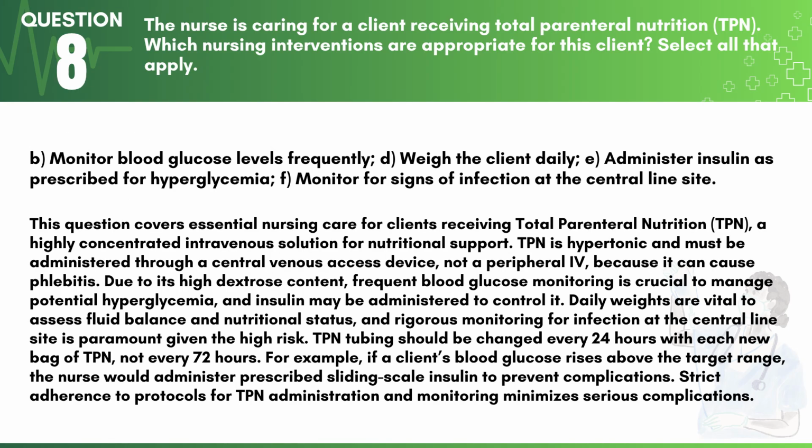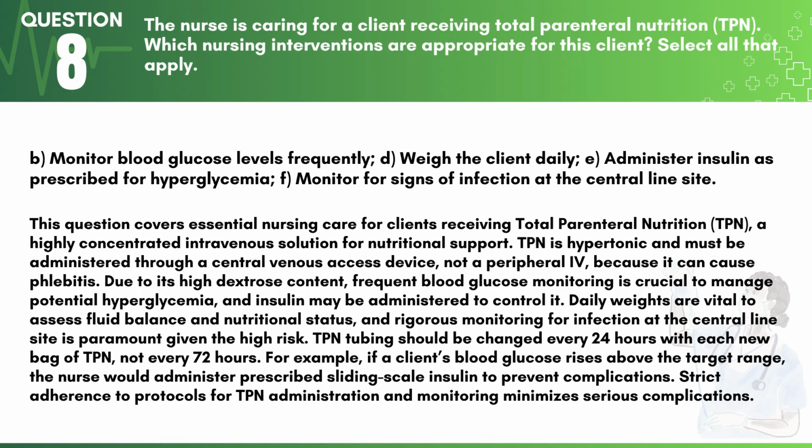Answer: monitor blood glucose levels frequently, weigh the client daily, administer insulin as prescribed for hyperglycemia, monitor for signs of infection at the central line site. This question covers essential nursing care for clients receiving total parenteral nutrition, TPN, a highly concentrated intravenous solution for nutritional